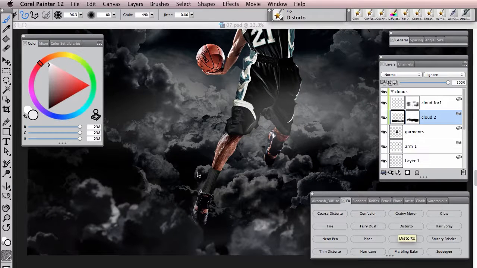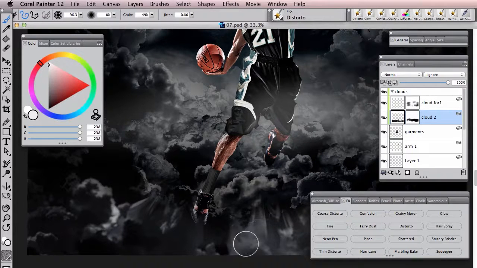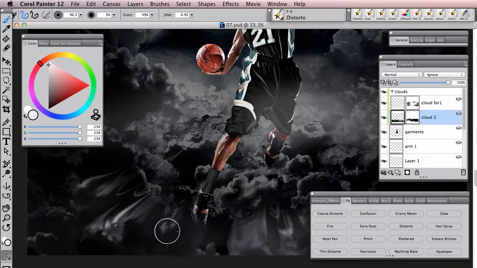Now if we choose the Distorto brush and let's just have a play with it, as you can see, when you drag and pull, it immediately creates a really nice effect with the clouds, as if the player's pulling the cloud as he goes through. So it's a really nice effect,